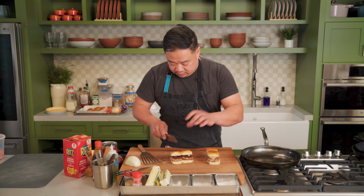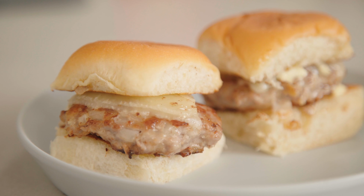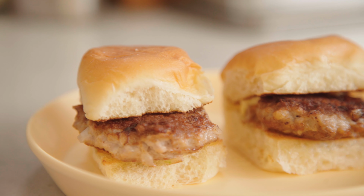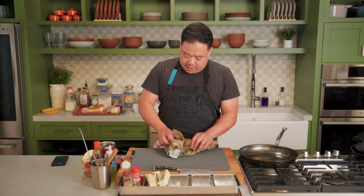Two burgers, both alike in dignity. One for our more cooperative, cheese-loving child, and one for our contrarian, cheese-loving, but not on my burger child. For our next slider, we're gonna go traditional hamburger, cheeseburger, hamburger, beef. And this,